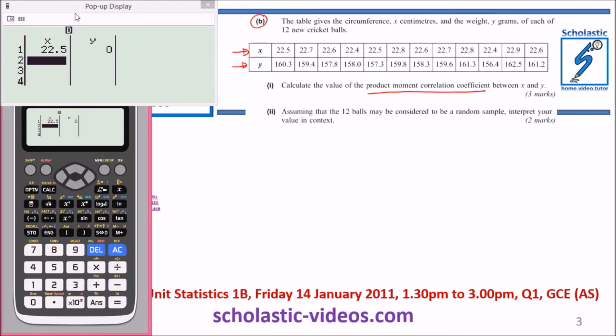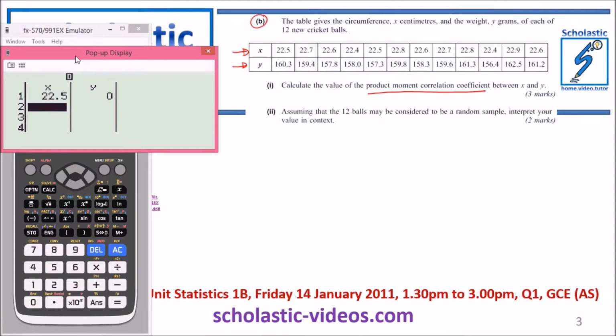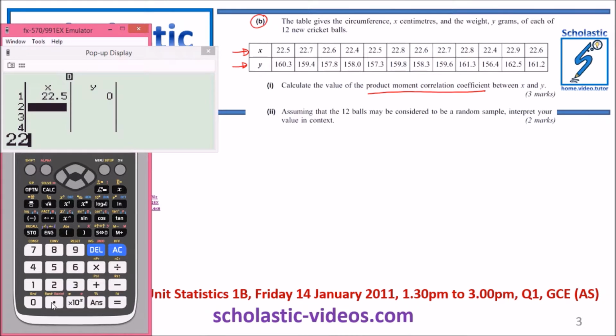So what I'll do is I'll close this one so it doesn't confuse the two things. 22.7, enter. 22.6, enter. 22.4, enter. 22.5, enter. Basically I'm looking at this row here, so 22.5, and then 22.8, 22.8, enter, and 22.6,